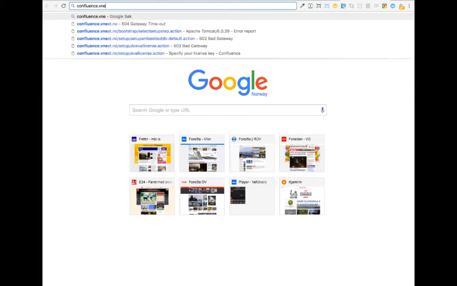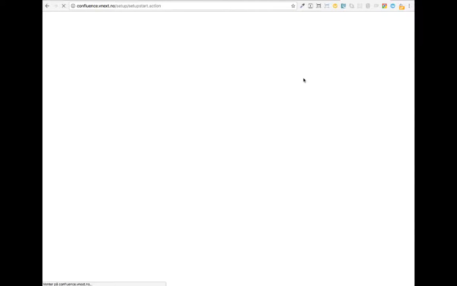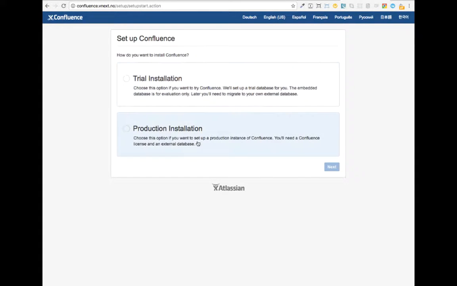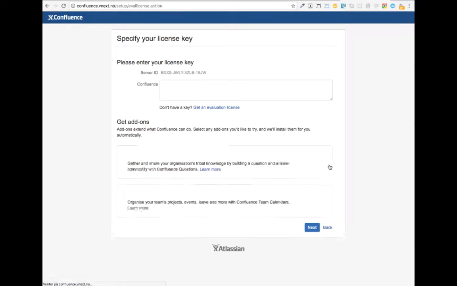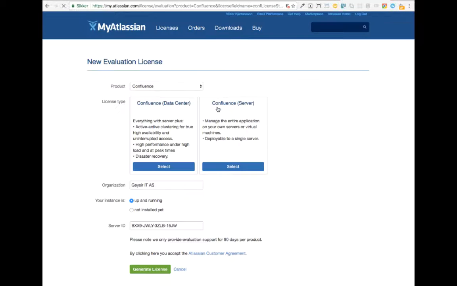Confluence vnext.no, and we'll see if it picks up our site. Yes, here it comes. We are ready to set up Confluence in our Docker container. We will go for the trial installation. Select next, and it will take us to enter the license key. We will just say get evaluation license, and we can select Confluence server, our company, server ID, generate license,